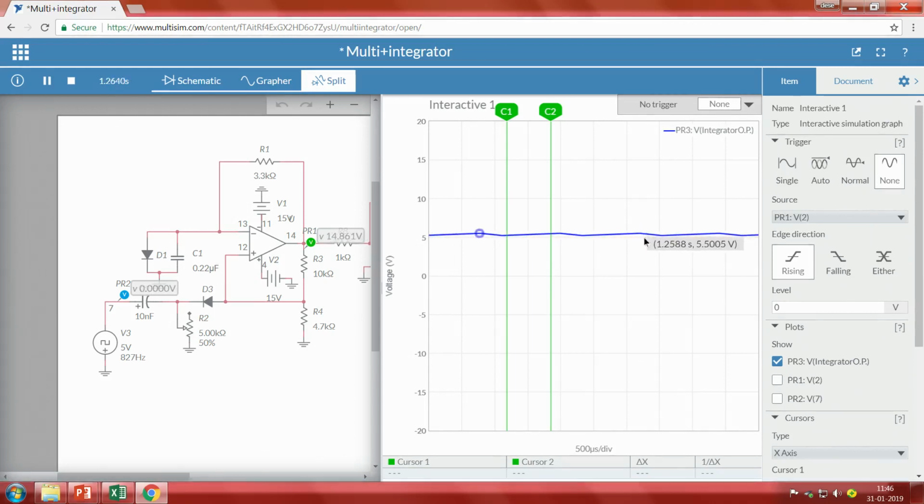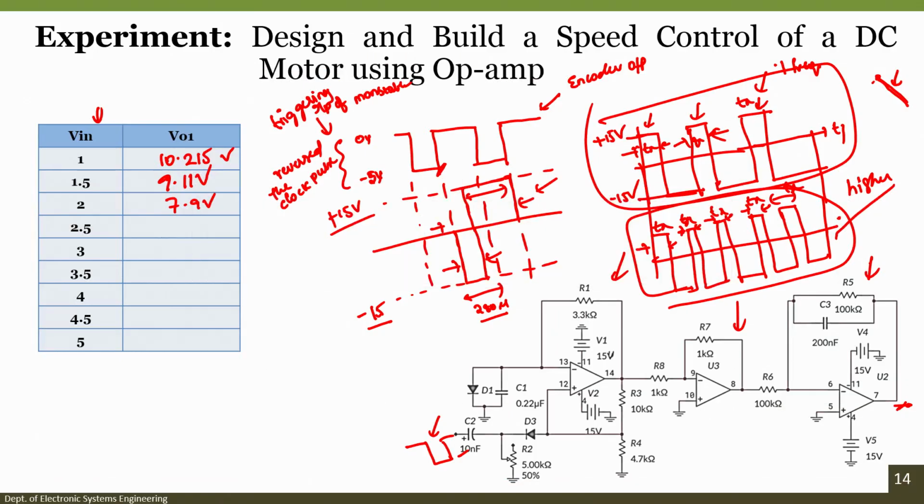So, we got approximately 5.2 volts. Let me write down 5.26 volts.